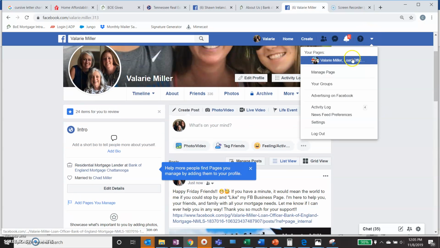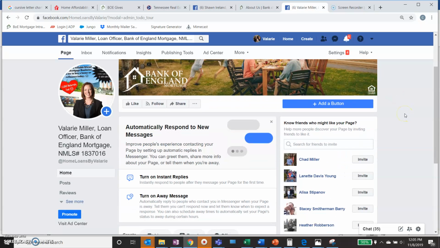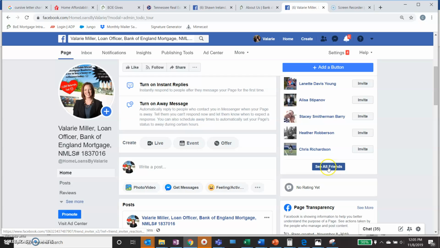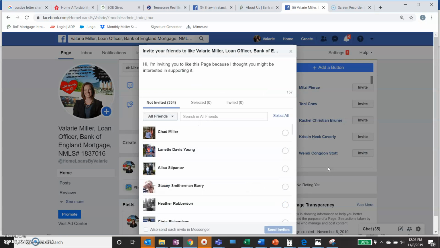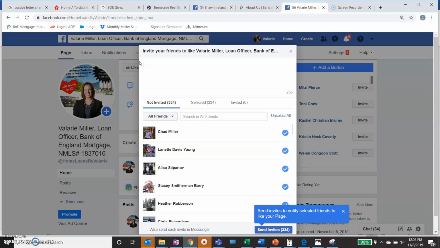So that is how you set up a page on Facebook for your business, or a professional page for yourself. And then, like I said, if you want to do this as well, you just go in there and say see all friends, select all, and then write a little message up here, and this gets sent to their inbox. So we could put the same message